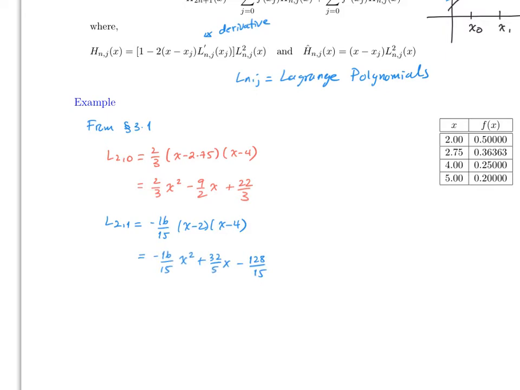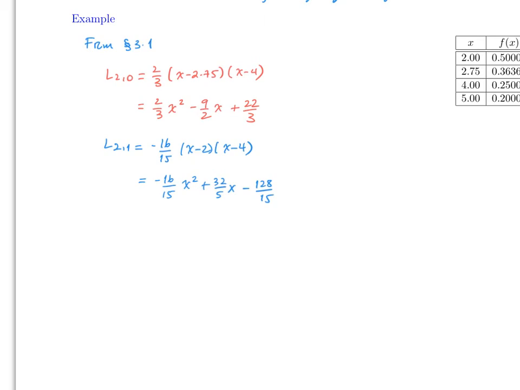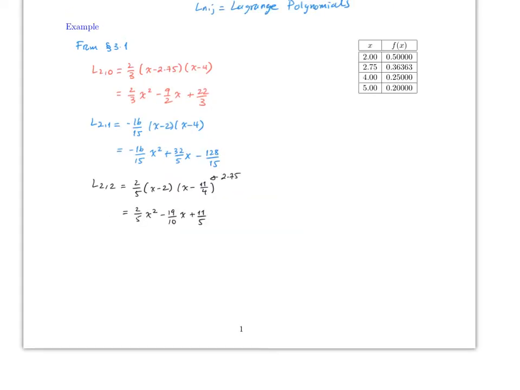And then finally L2 was equal to 2/5 times (x minus 2) times (x minus 11/4), which is 2.75, and then this simplifies to 2/5 x squared minus 19/10 x plus 11/5. All right, so therefore from here the derivative